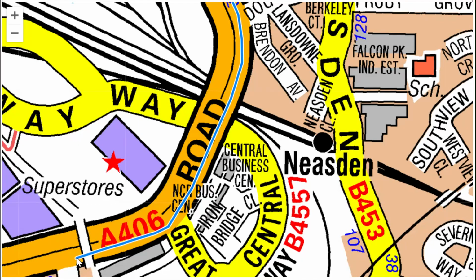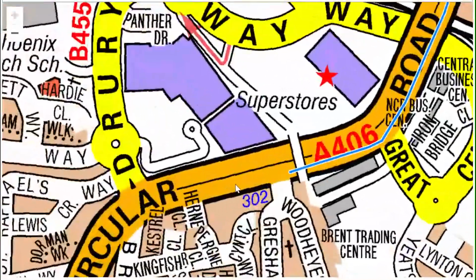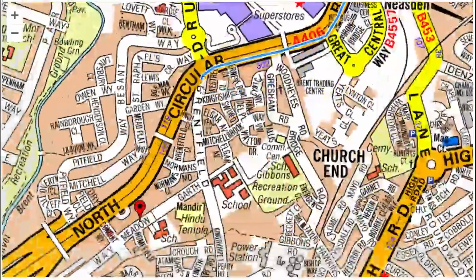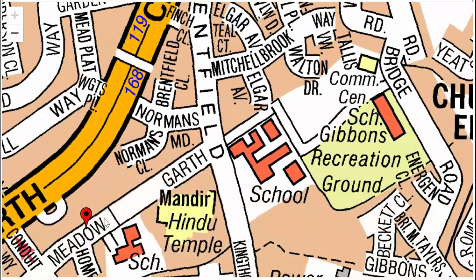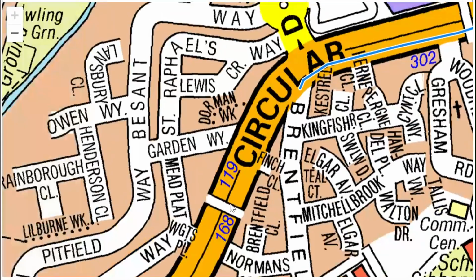Here we have another footbridge. Cross this and we have arrived at the Brentfield, but we cannot take this street to go to our red marker because we have a dead end. So as decided, we will continue. The map